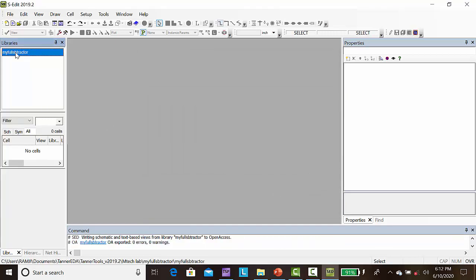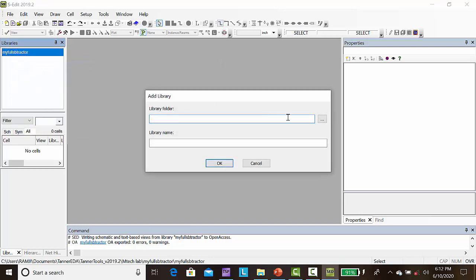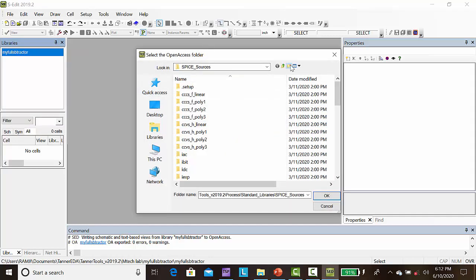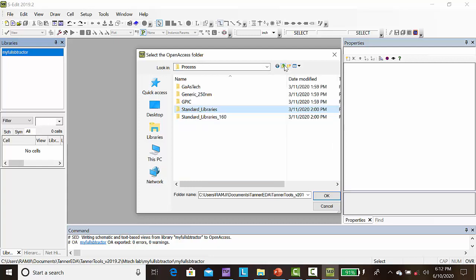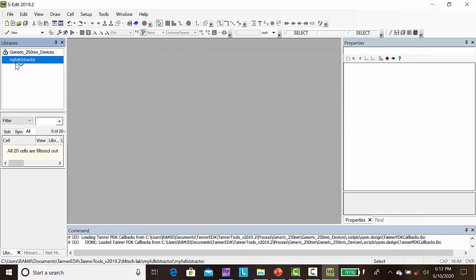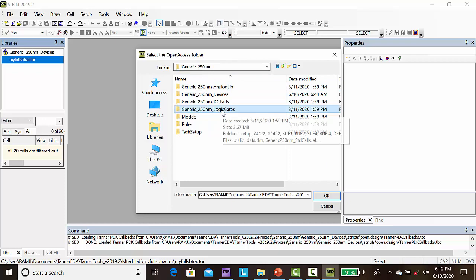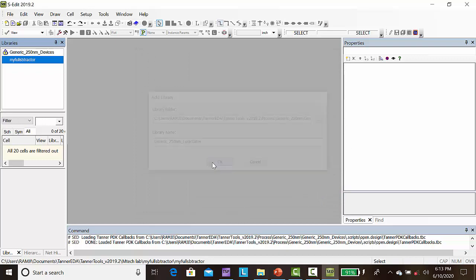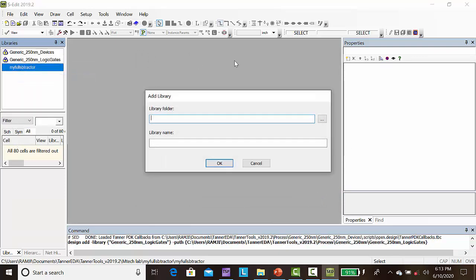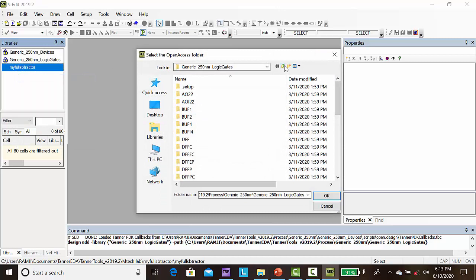Now it is created. Then right click, add library, browse, go to generic_250nm, add the folder generic_250nm_devices. Click OK. Again right click, add library, select the generic_250nm_logic_gates. Click OK. Again right click, add library, browse, go to the folder